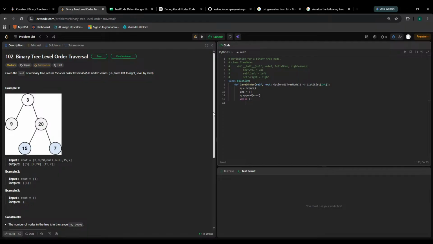Then while we have a Q, for i in range the length of Q, we'll do node is Q dot pop left, and then if that's a node, then